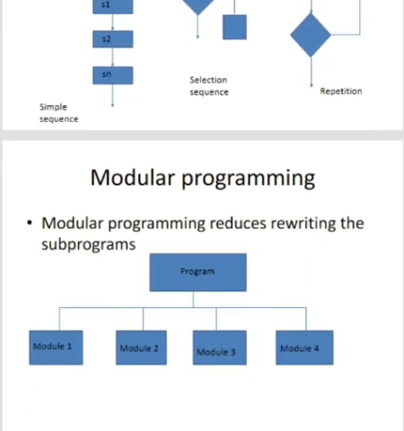The next is modular programming. In this programming method, a main module is prepared just by writing control instructions. Submodules are prepared by writing the required programs in the main program. Each subprogram may be called a function or procedure. Each function performs a specific routine which may be required many times in the main program. So modular programming reduces rewriting of subprograms.